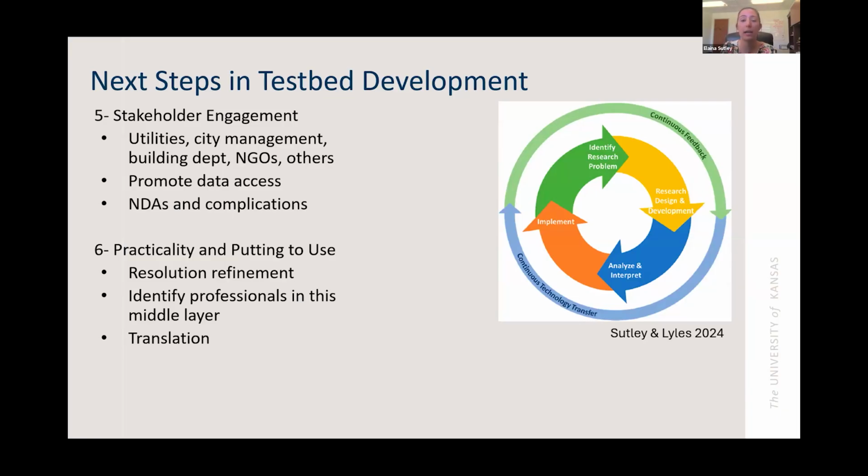And I think we'll see this drive the next generation of test beds, because engaging local experts and stakeholders is very likely to enable new data access and give new insights that we don't necessarily think about as researchers. I want to tell a tale of engagement to say that it's not always easy. It can be quite complicated. One of my research projects has signed NDAs with several utility companies across the state of Kansas, and we're working directly with many local non-government organizations, or NGOs, as well. And we had a roundtable with the group of NGOs,